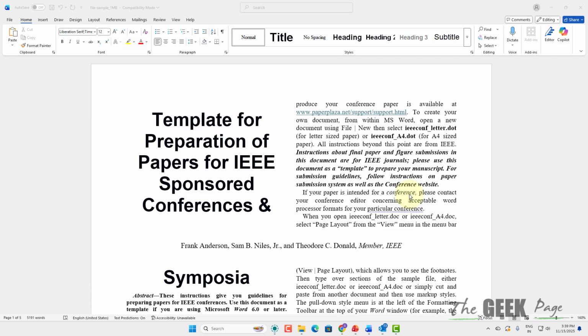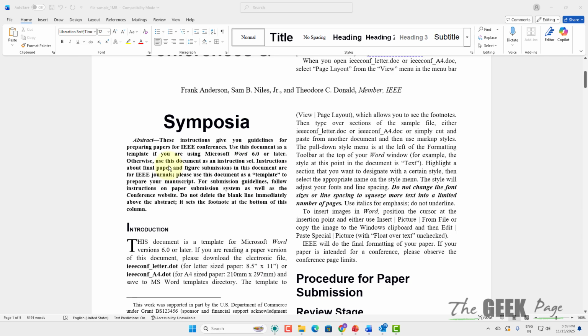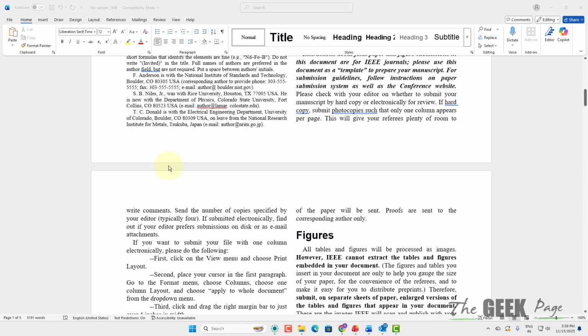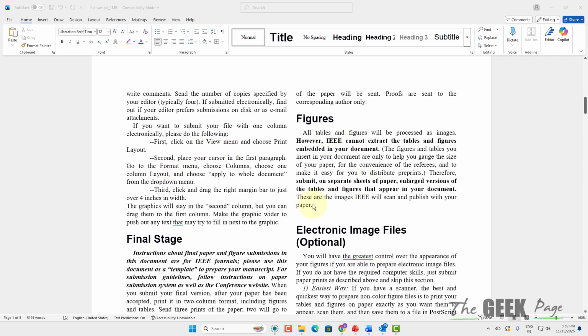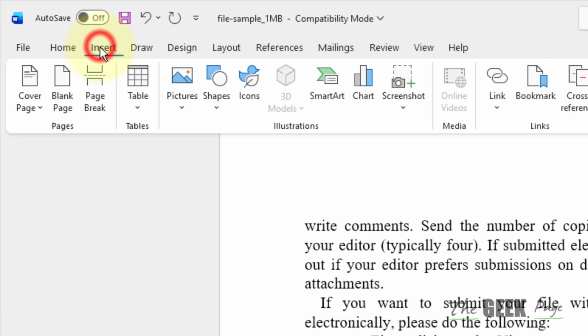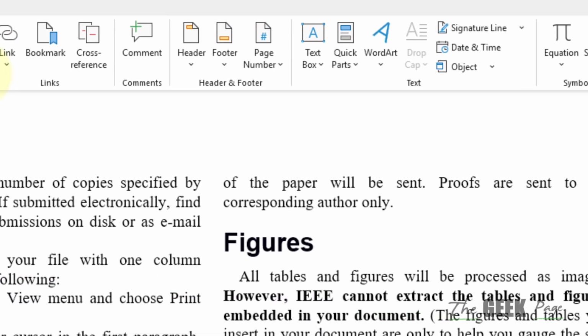Hi guys, let's see how to embed or insert an Excel file in a Microsoft Word document. So let's say we want to embed a file anywhere. Let's say we want to embed here. Now, once you decide and put the cursor at that location, you have to click on Insert and now hover